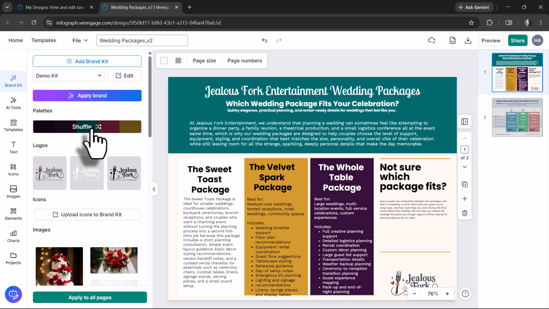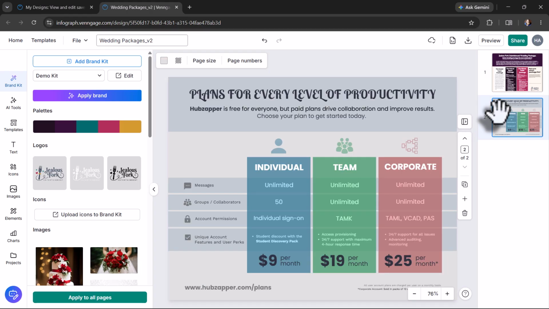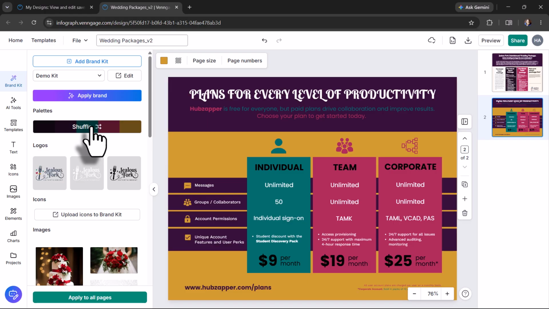So right now, if I shuffle this palette, you can see the colors immediately start to swap out on that one design. And everything looks pretty high contrast here, even though I have all these colors. Now, it's still keeping some colors from the previous design, but that doesn't always work that way. So let's go over to slide 2, and I'm going to shuffle this one. This was that template that I downloaded. Some of this looks okay. However, some text is really, really difficult to read,